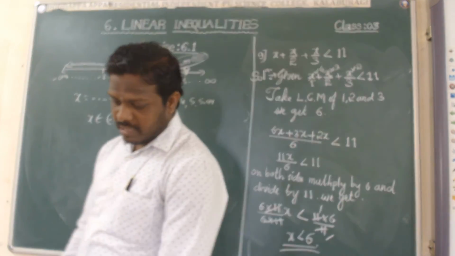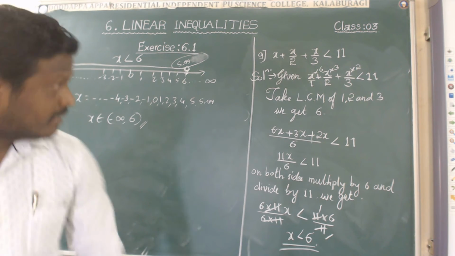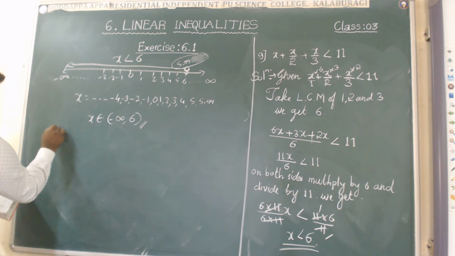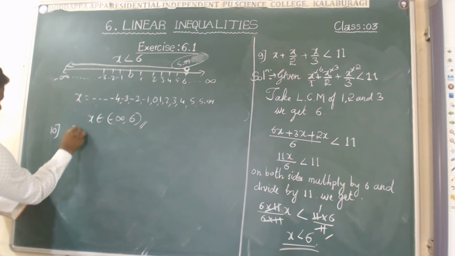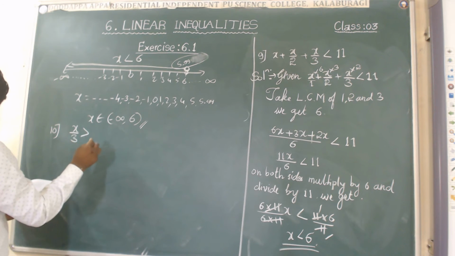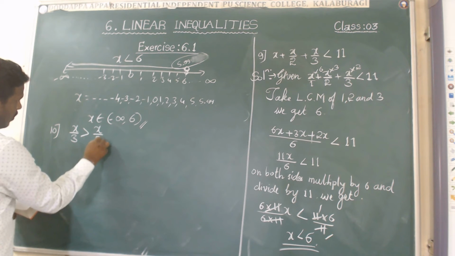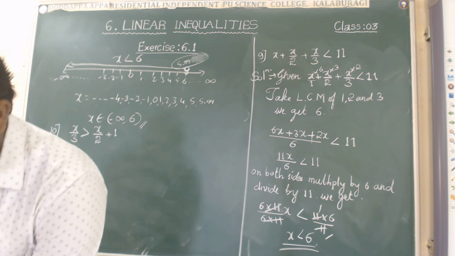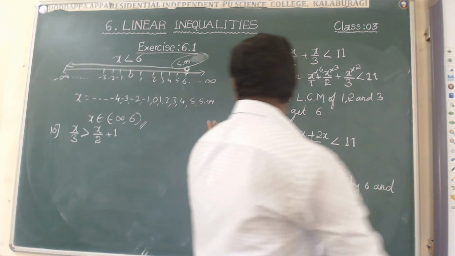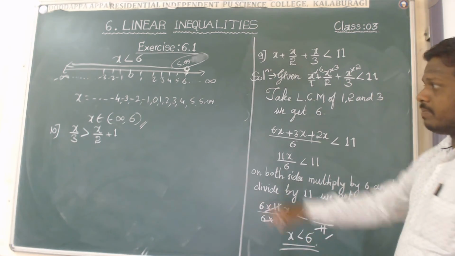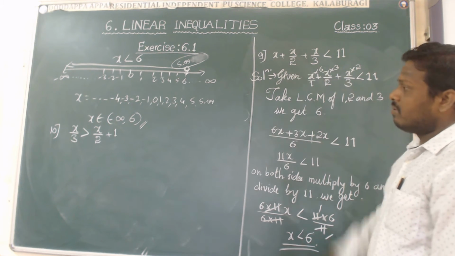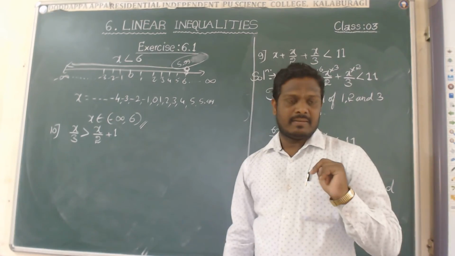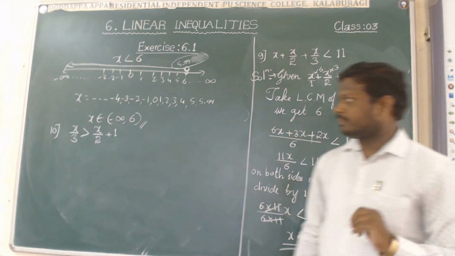Now moving to the next question, that is the 10th one. Yes, come to the 10th question here. The given 10th one is in this way: x by 3 is greater than x by 2 plus 1. This is the 10th question. The same, similar procedure is there for simplifying this one. Same as usual, but on the LHS only one term is there, on the RHS 2 terms are there. Okay, how to simplify this one?